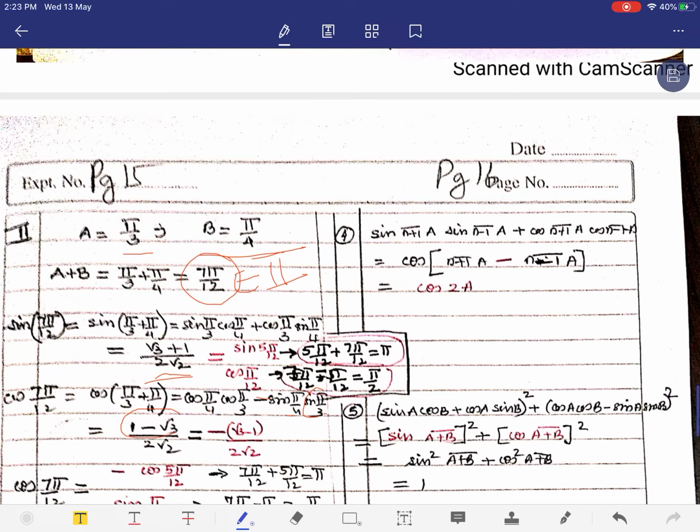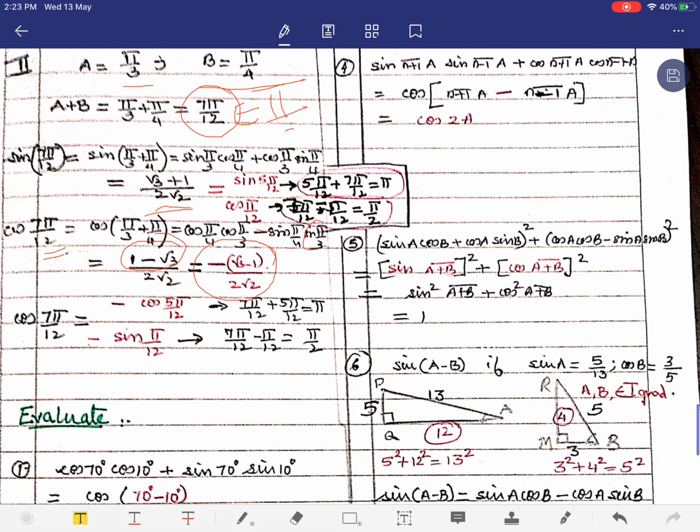Now, when you observe this carefully, you will find that this is a negative number, since root 3 is greater than 1. So, we rewrite this as minus of root 3 minus 1, which says that the ratio of cos of 7 pi on 12 is negative. It has to be negative because this angle is in the second quadrant and cosine in the second quadrant is negative, and that is the meaning of this negative ratio. So, again there is a comparison: for 7 pi on 12 and 5 pi on 12, the values are the same in magnitude because they add up to pi.